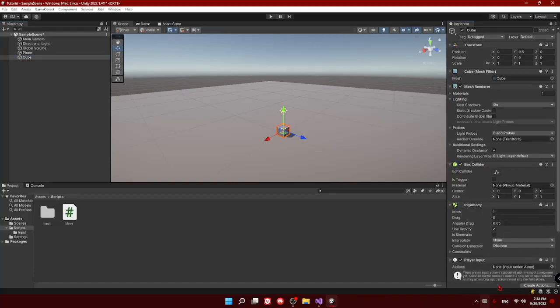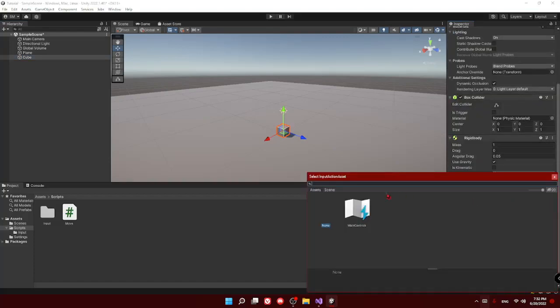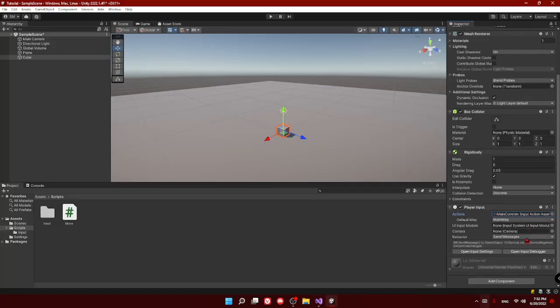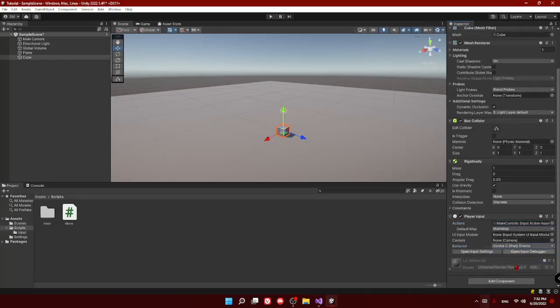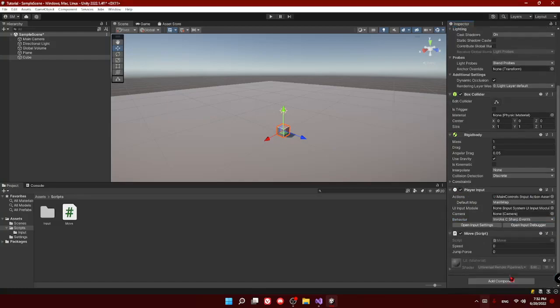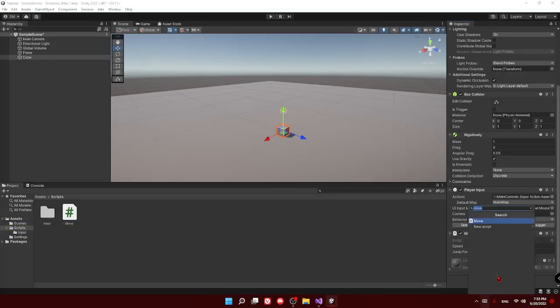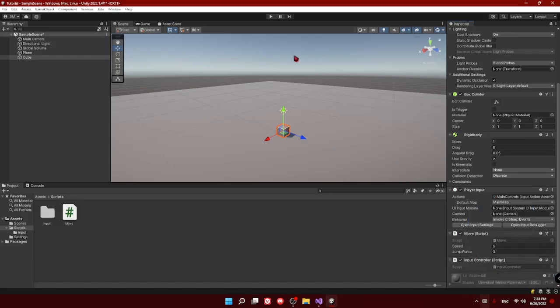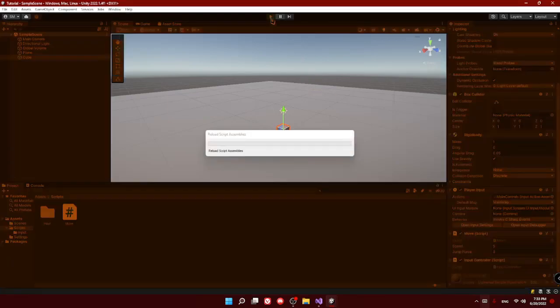Player input, input C# reference, move. Let's have a speed of 3 and jump force of 5, and then an input controller, and hopefully it will work.